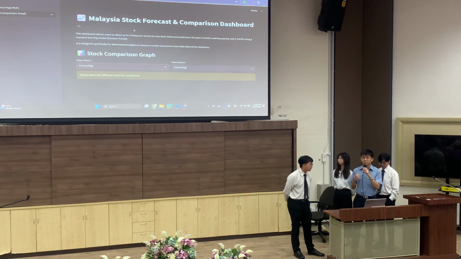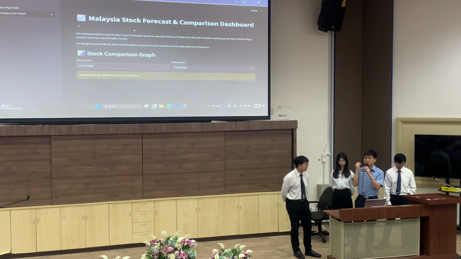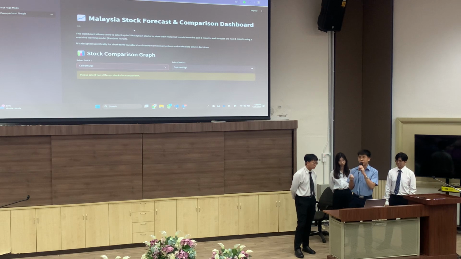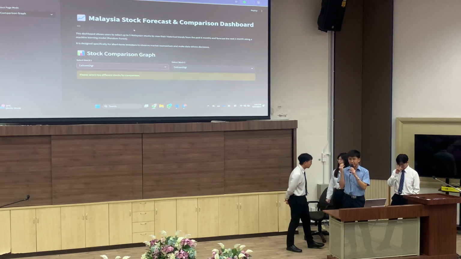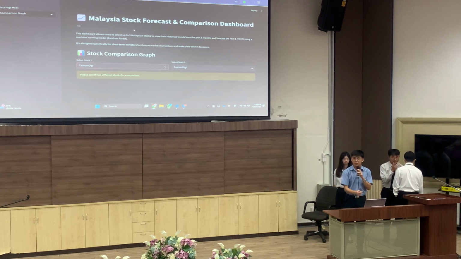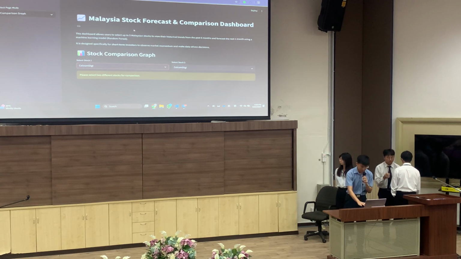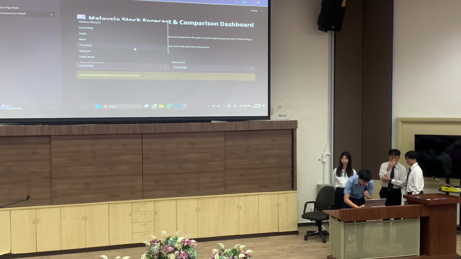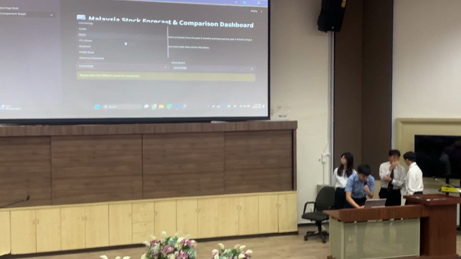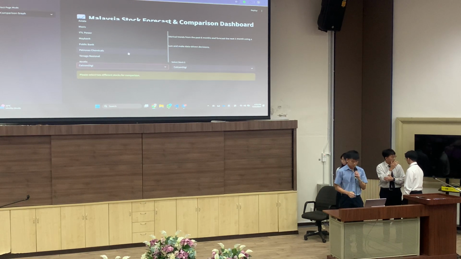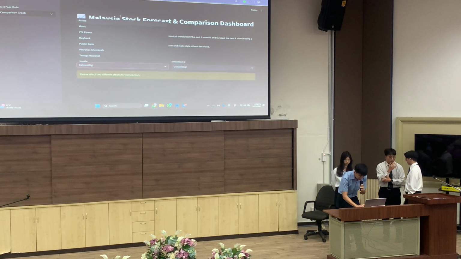They need to do the comparison for them to invest in the stock, so the investor knows whether the stock in their hand is valuable or not valuable. They need to know, so they need to use this to do comparisons. You can use different stocks, like here for Telecom Malaysia, Telkom, Digi, Maxis and more. So I change to the